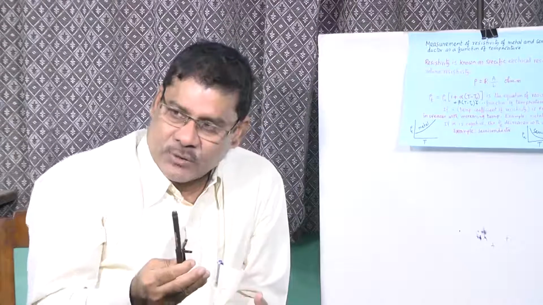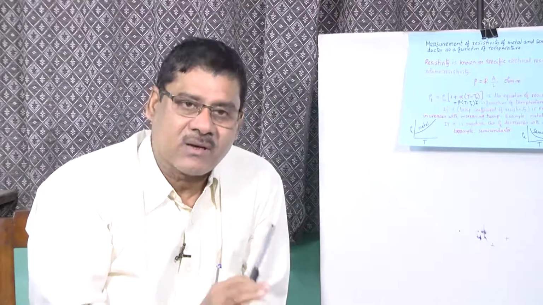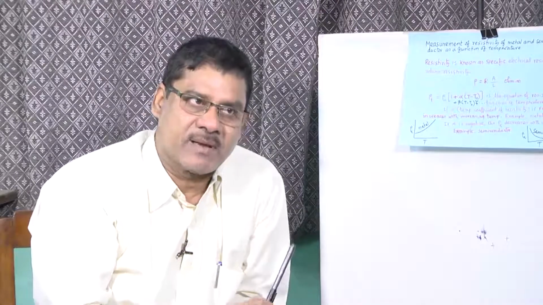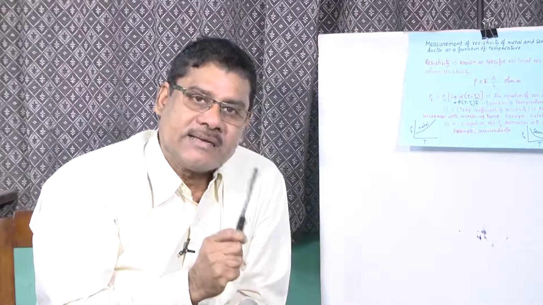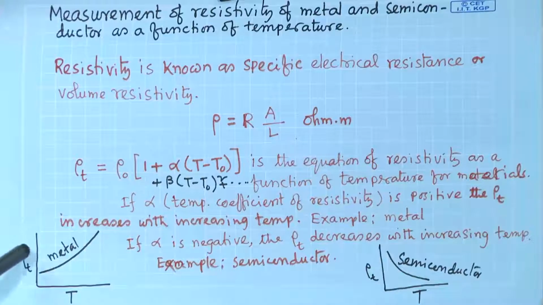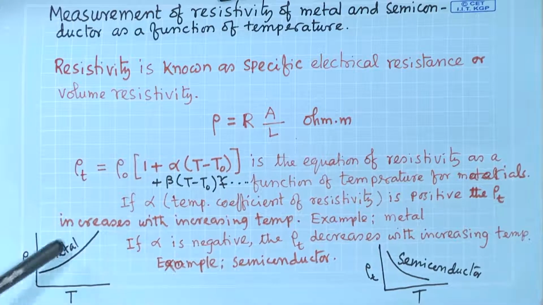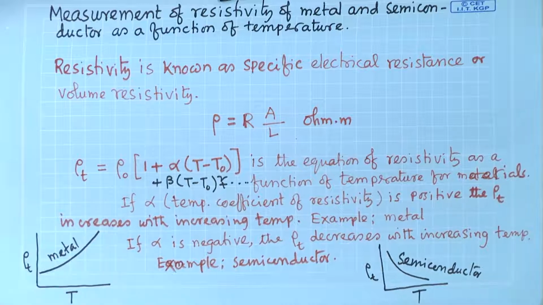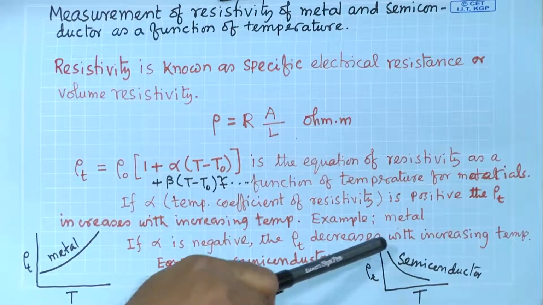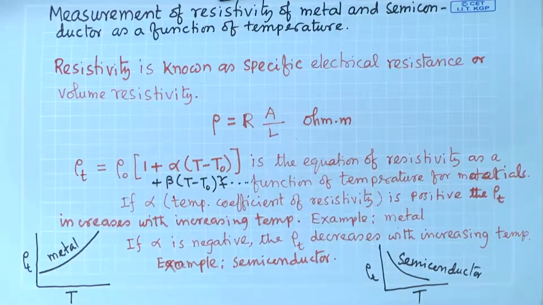Why we are showing the experiment using the metal as well as the semiconductor, because from this experiment one can easily distinguish metal and semiconductor. In case of metal, as I told, resistivity will increase with temperature. In case of semiconductor, resistivity will decrease with temperature. So, this is the fundamental